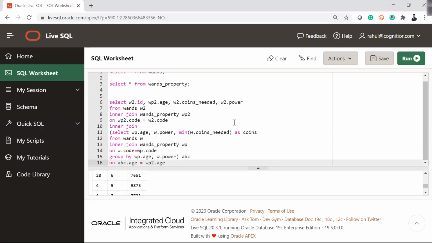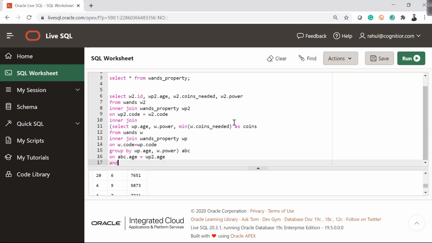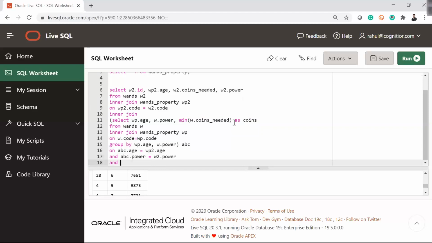I'll do the join on the age, I'll do the join on the power, and ABC dot power is equal to W2 dot power, and ABC dot coins, which is the minimum coins, is equal to W2 dot coins needed, because I need the minimum one, right? So basically from this table I am getting all the minimum records.